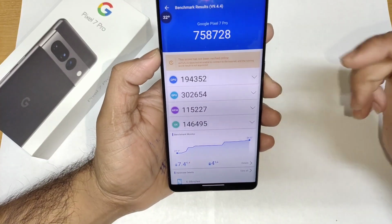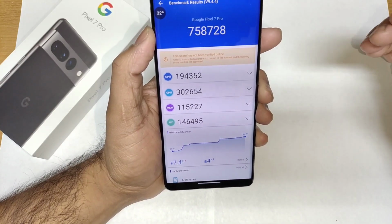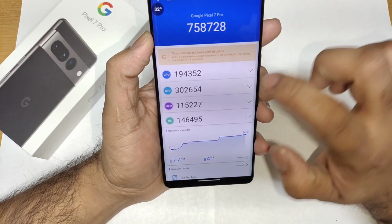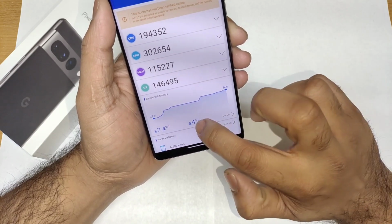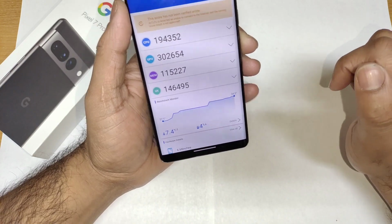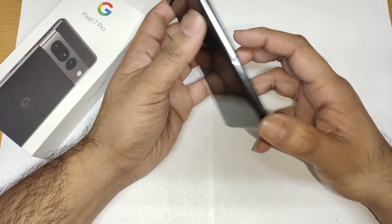So finally friends, this is the overall benchmark score the Pixel 7 Pro received, 7,58,000 as you can see. I did not get anywhere close to 8 lakhs, but you can see the CPU and GPU scores, and you can see the overall temperature increased up to a maximum of 34 degrees Celsius, the battery dropped by 4%, and the temperature increased by 7.4. And this is a quick overall result for the benchmark test on day one after the quick unboxing of the